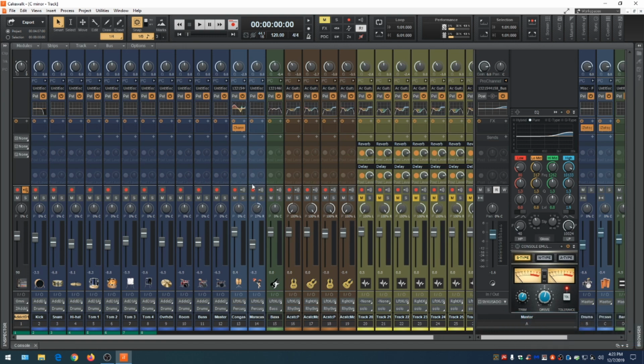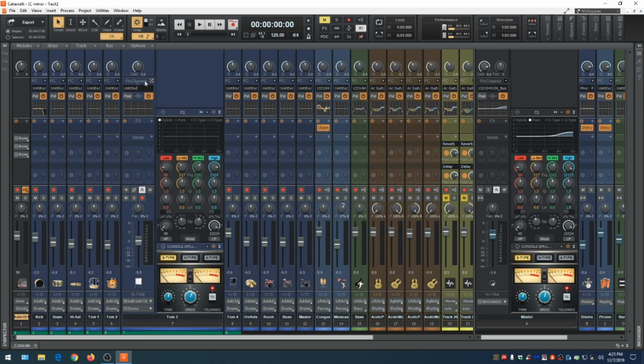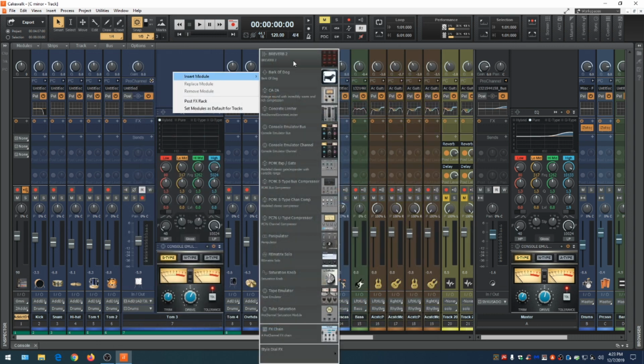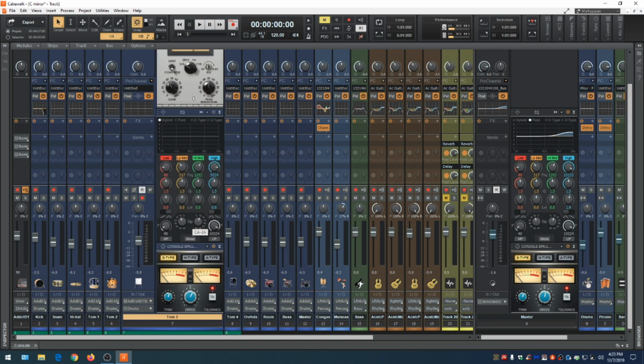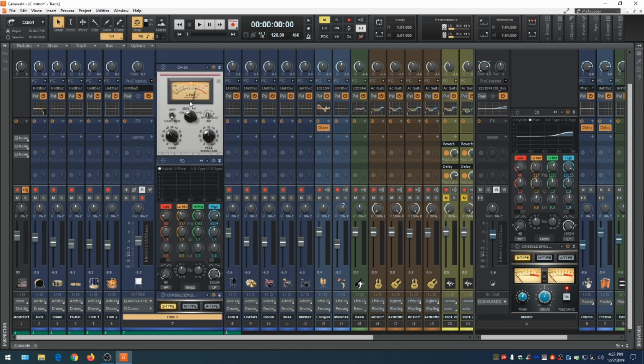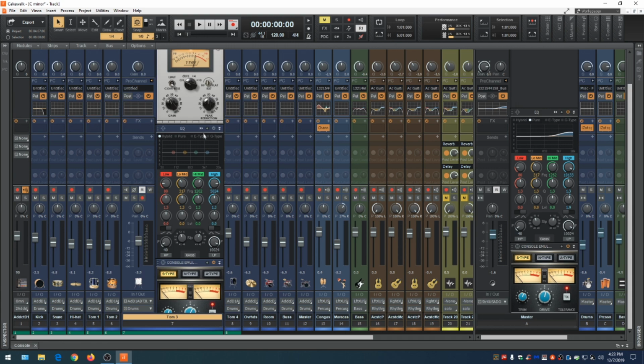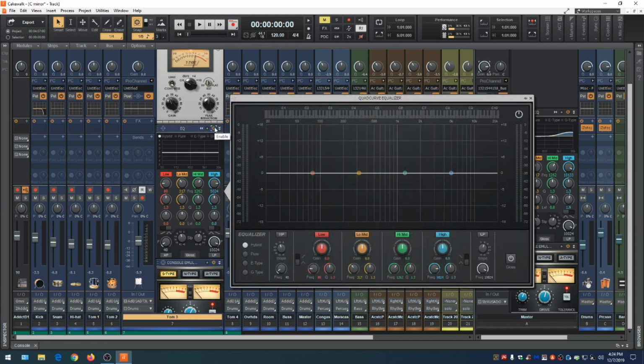Okay, so here's the project that's opened, and what I like about this in Sonar is they have the Pro Channel. You click on that and the Pro Channel opens up, and you can insert modules on the fly. And there's a lot of modules to choose from. There's a compressor we just kind of threw in there, modeled after the CA2A. It's a great compressor. And it's got an incredible EQ too. It's a 4-band